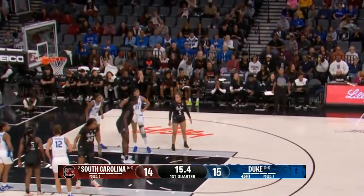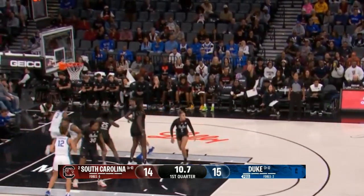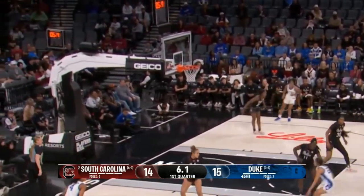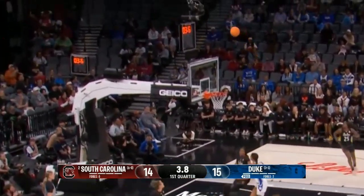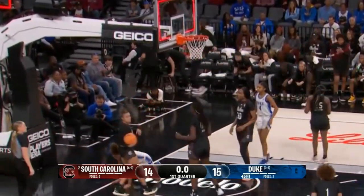That's a way to put pressure on the front court of Duke as they've gotten within 1. 7 unanswered from South Carolina. Shot clock turned off for Mayer and Duke. Rising over the bigs. And after 1, it's a 1-point